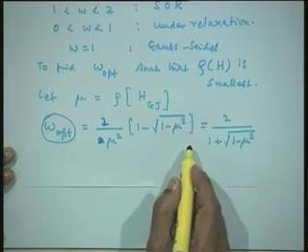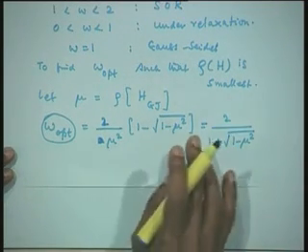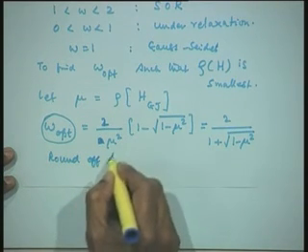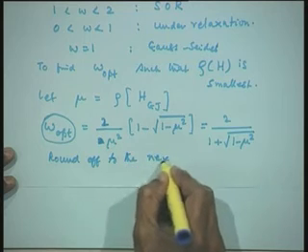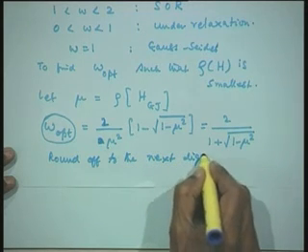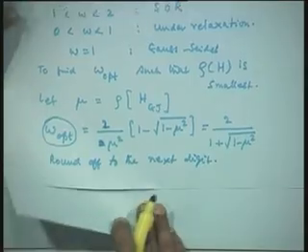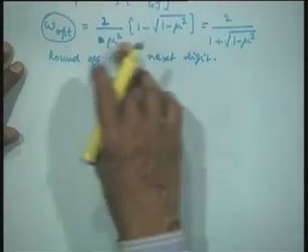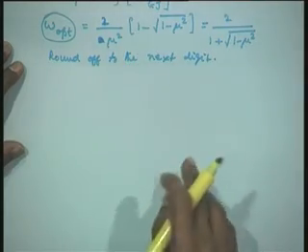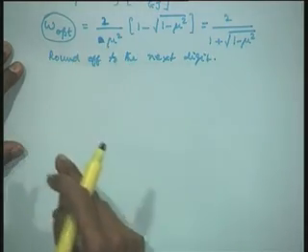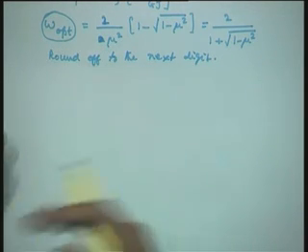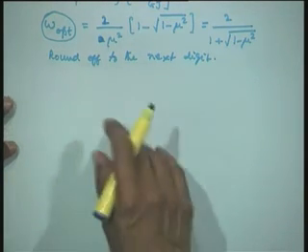And we always round off to the next digit, we do not use the normal rounding. The reason being that if you try to draw the graph of the spectral radius of the SOR with respect to omega, to the left of this omega optimum, the slope of the graph is minus infinity. Therefore, there is a possibility that we may land into a non converging sequence. Therefore, we round it to the next digit, so that we are always safe in this case.